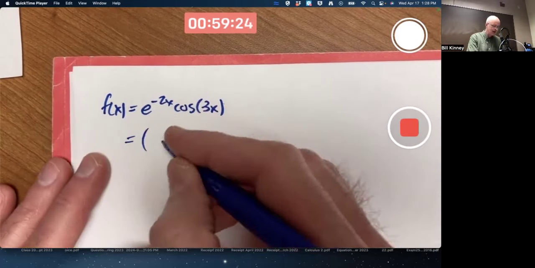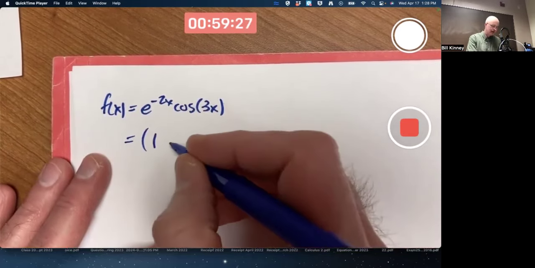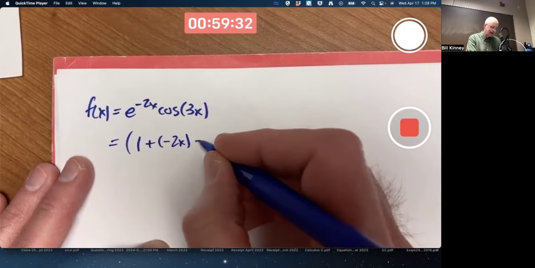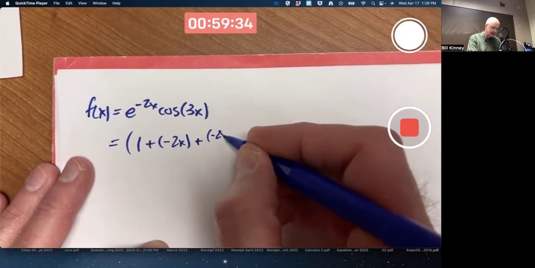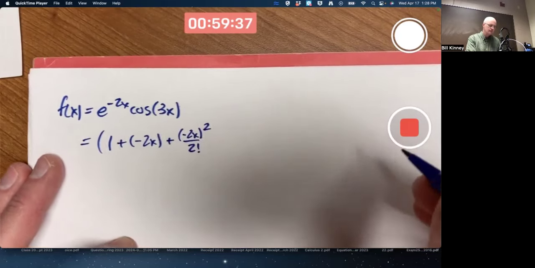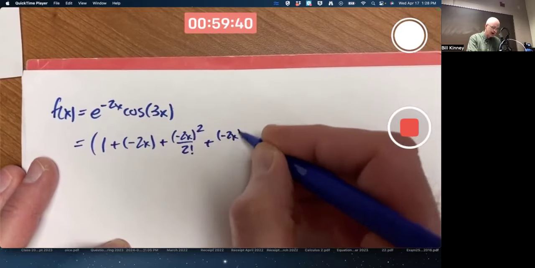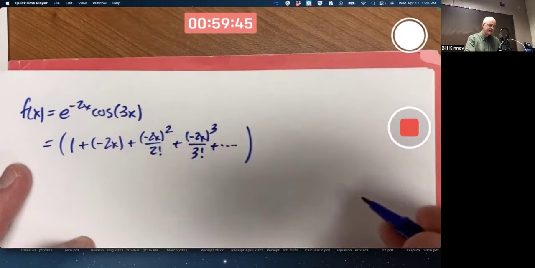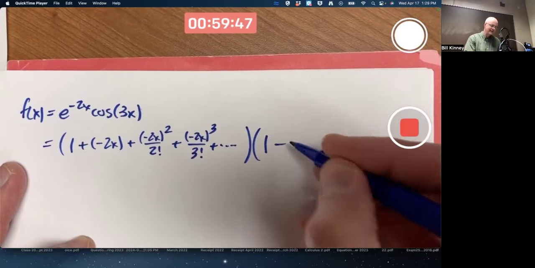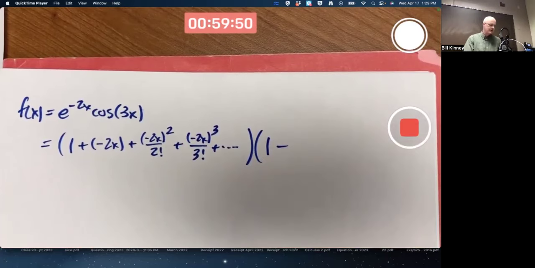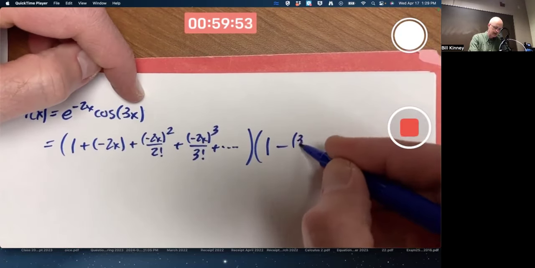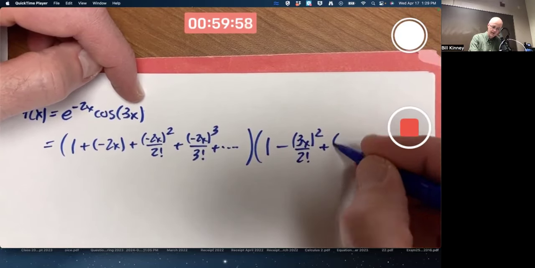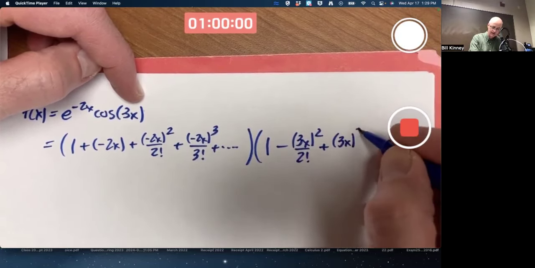The series for e to the x starts out 1 plus x, but replace x with negative 2x, plus x squared over 2 factorial, replace x with negative 2x, plus x cubed over 3 factorial, replace x with negative 2x. And the series for cosine starts out 1 minus x squared over 2 factorial, replace x with 3x, plus x to the 4th over 4 factorial, replace x with 3x,